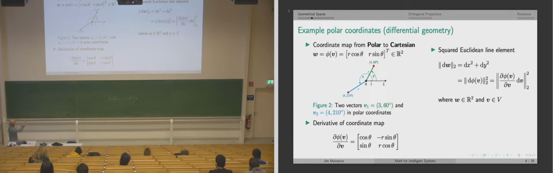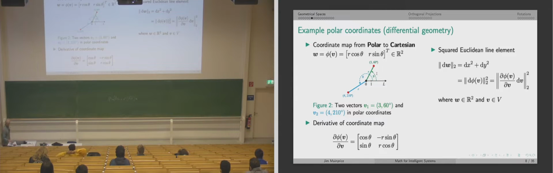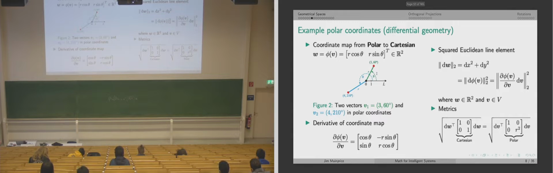So the thing on the right side, this is saying this matrix, this d phi divided by dv, this is this matrix A. This thing is the equivalent of the matrix A here, and X is just this dv. And this thing is just saying we're taking the dot product in R2. And so what we end up having